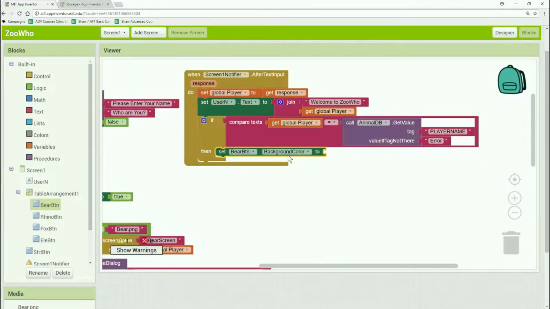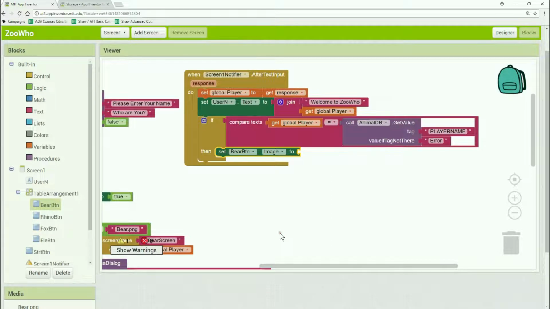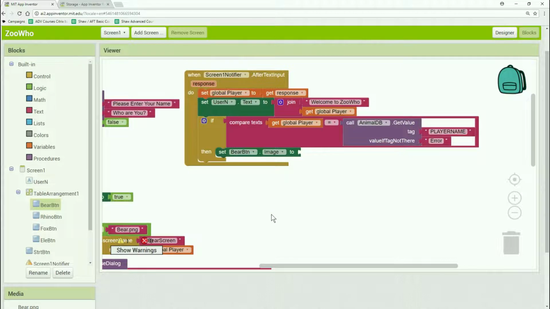So what we can do, set our bear button. You can add comments if you wish, but for the time being we're okay. It's always a good idea to add comments. I'm not adding any comments at the moment. I do apologize about that, but it's always a good idea to add comments, as Emmanuel so very rightly pointed out. So we're going to set the bear button